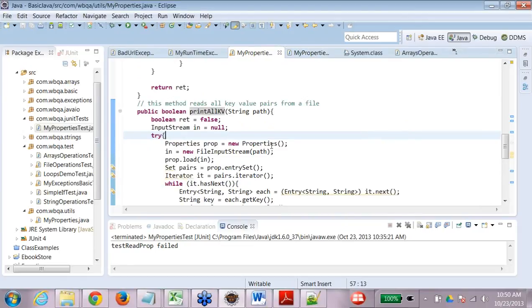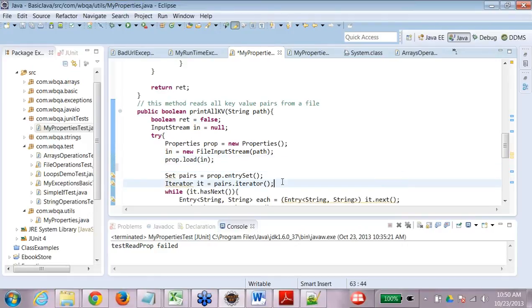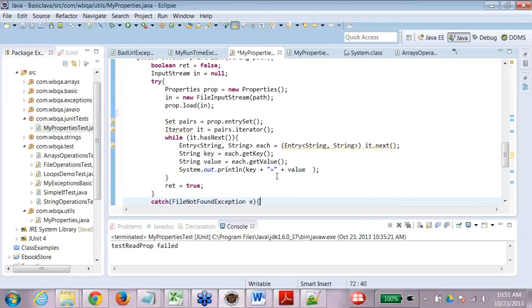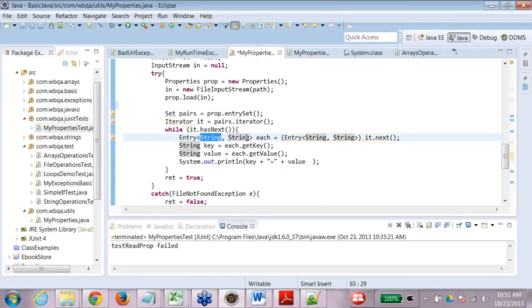Okay, so let me just briefly go through again. So what we are doing again, we created the properties object. We created the file input stream, loaded the property. Now to get the key value pair, there is a tricky way. We'll call it map. Map means this entry is an object which stores key value pair. Please do not go deep into it. Just try to understand the code. I will explain this in the next class. So when we do collections, you will be able to know what is set, what is iterator, and what is entry. So this is the code to actually get the entire key value pairs in the